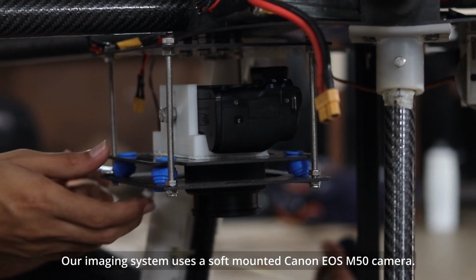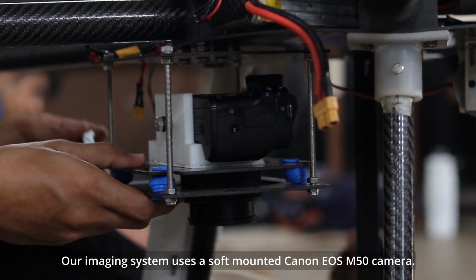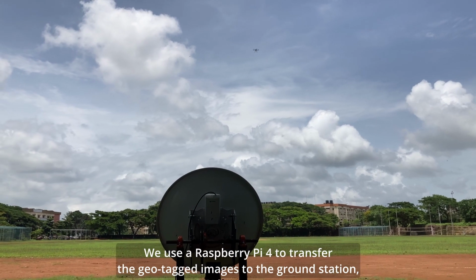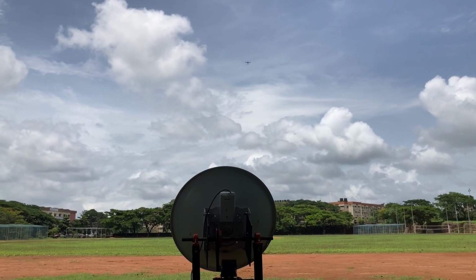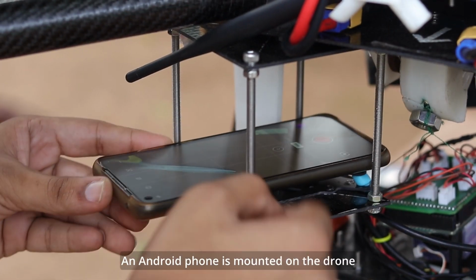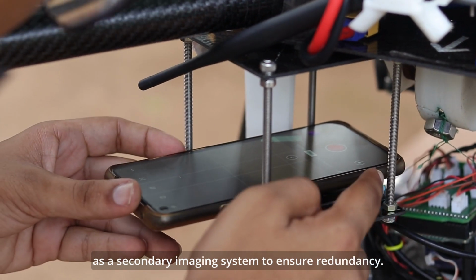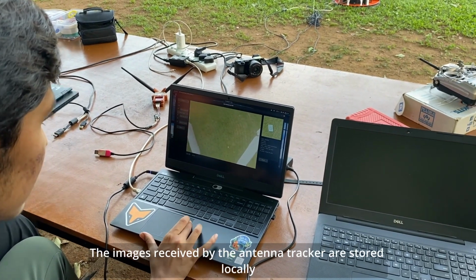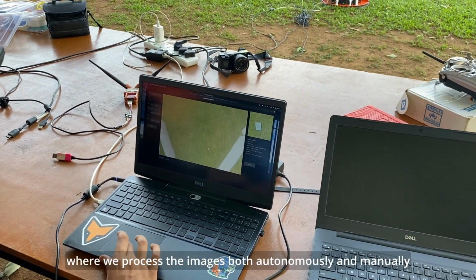Our imaging system uses a soft-mounted Canon EOS M50 camera. We use a Raspberry Pi 4 to transfer the geotagged images to the ground station, where it is received via the antenna tracker. An Android phone is mounted on the drone as a secondary imaging system to ensure redundancy. The images received by the antenna tracker are stored locally, where we process the images both autonomously and manually to